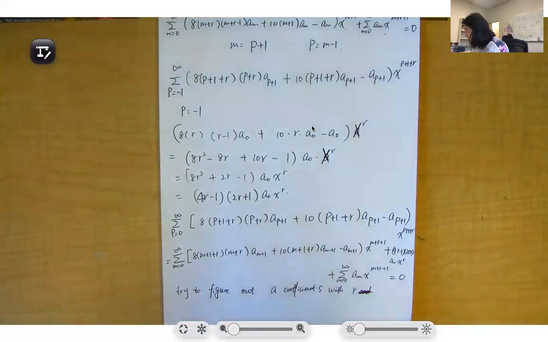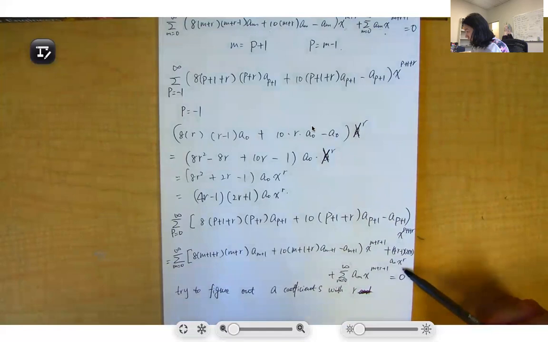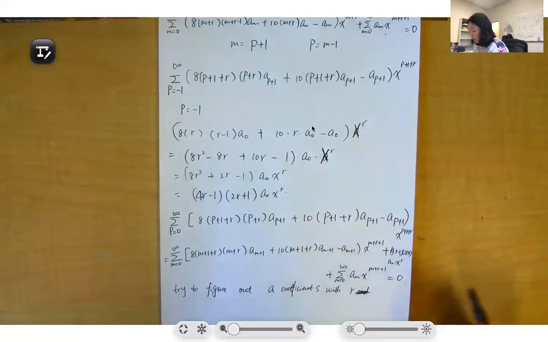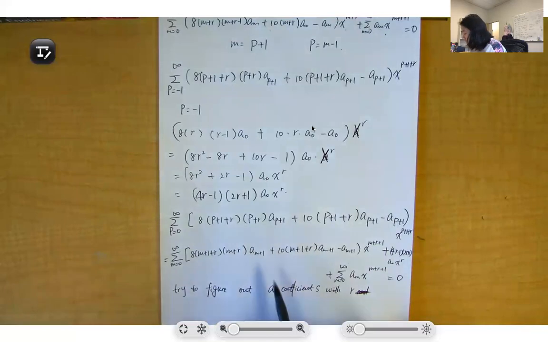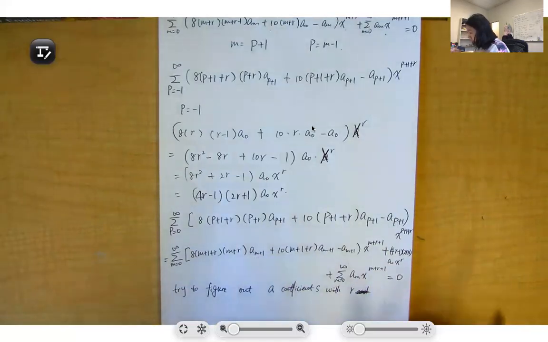And for this system to be equal to 0, let's try some numbers, trying to see if there is any relationship between a_(m+1) and a_m. Okay, so